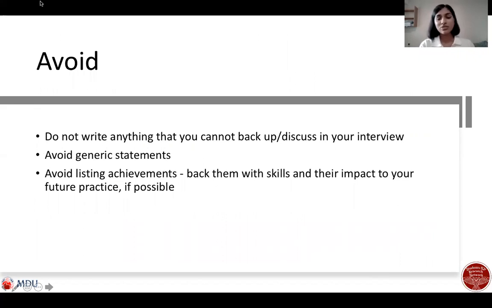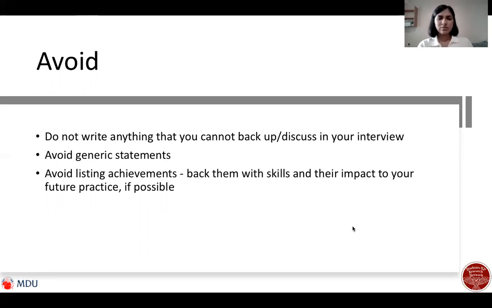So important things to remember is you don't write anything that you cannot already back up. So let's say if I said I was a part of a team in medical school, let's say a society, then make sure that you're able to back it up if they ask you for a certificate or a letter that states that you have been part of it. If you say you've started a teaching program, make sure that someone is able to provide you a letter that says that you have started it and your role was X, Y, and Z.